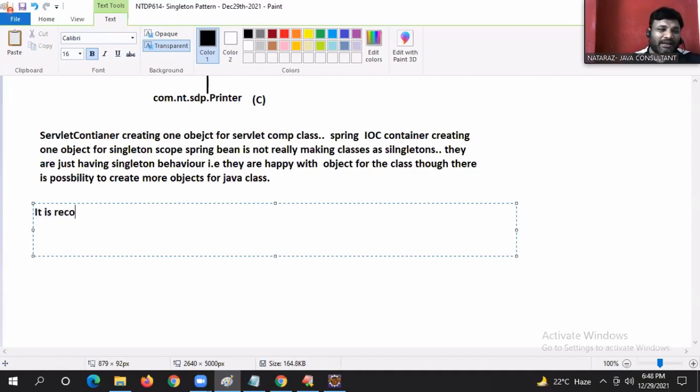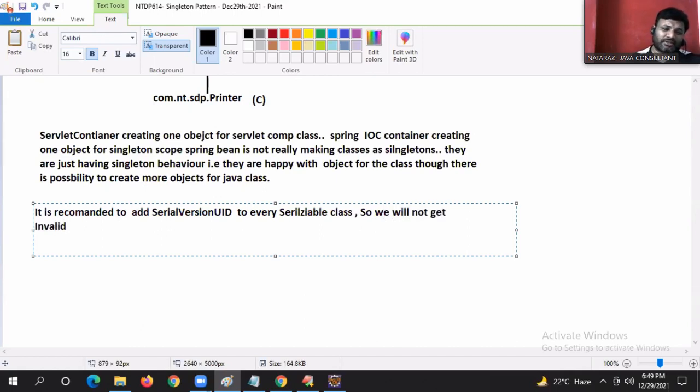It is recommended to add serial version UID to every serializable class, so that we will not get invalid class exception,